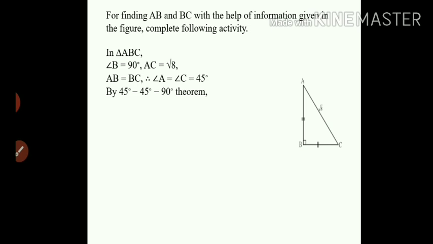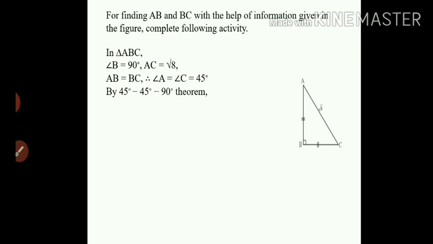Now here AB is equal to BC means two sides of triangle are congruent. You know, when two sides of triangle are congruent, it is an isosceles triangle. Means the base angles will be congruent. That means angle A will be congruent to angle C. Now see, in a triangle we have all three sides and three angles and three vertices. You can see AB congruent to BC, which is given, these two sides are congruent. That means the base angle, angle A and angle C will be congruent.